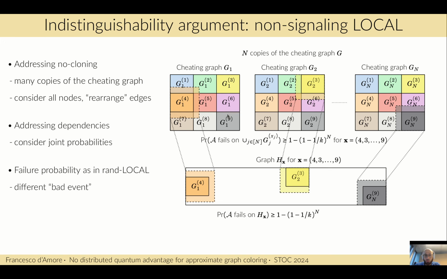Then we copy-paste this sequence of bad regions in a new graph and rearrange edges from the nodes of the previous graphs so that we obtain an admissible instance. Of course, this is not always possible, because maybe it is not possible to find an admissible instance from these cheating graphs. It is a requirement, so the effort here is finding a cheating graph where all of this is possible.